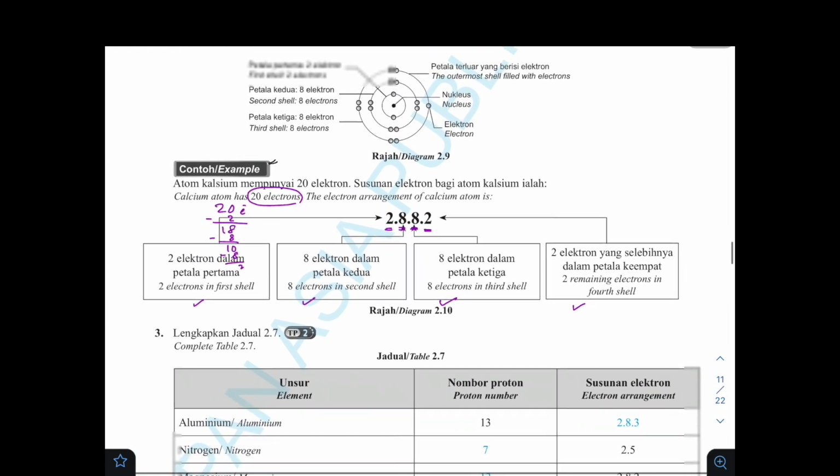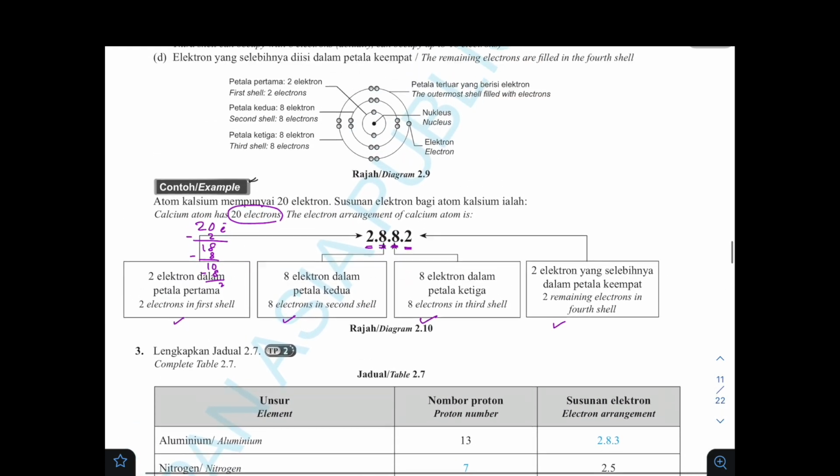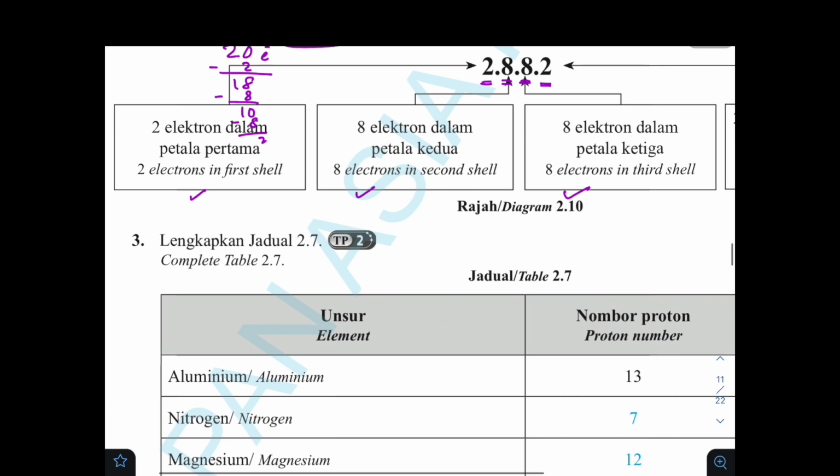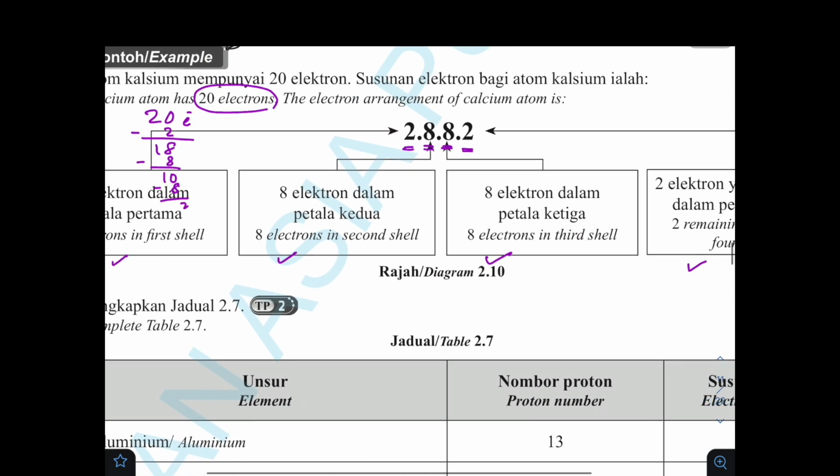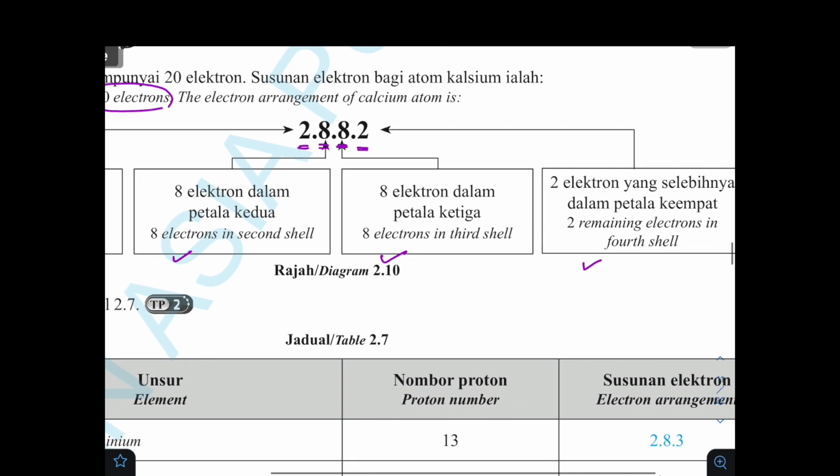I hope you get it there. Alright, I'll give you an example. Let's say we have the element of aluminium. Aluminium has proton number 13. So you see, for the atom